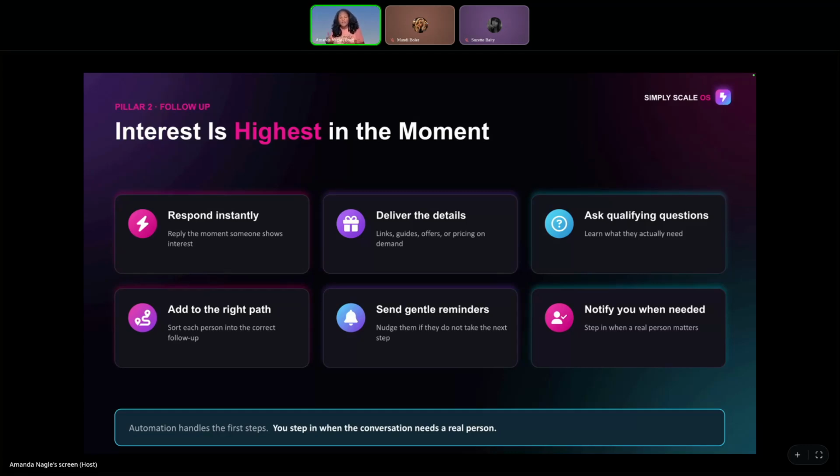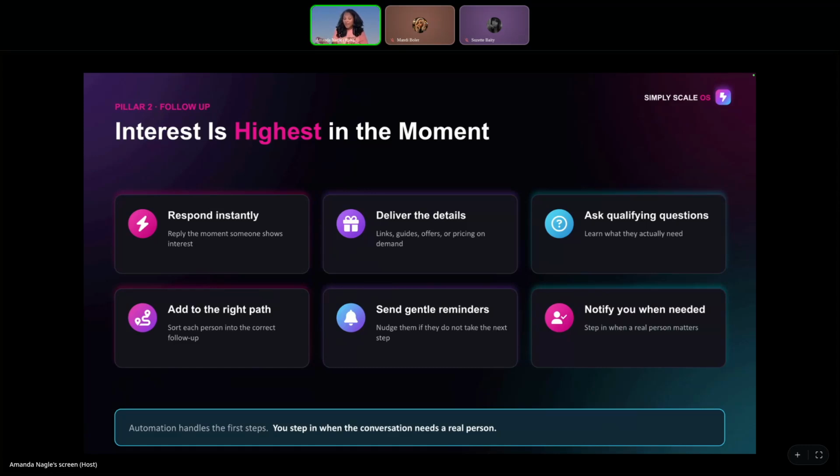But what if we can still do that, but we aren't responding instantly? We have it set up in our voice and our brand, what we would have actually sent to this person when they commented that keyword, but the system is automatically sending it and even qualifies them with questions. And you can have it set up to tag them inside of your CRM system so you know who is interested in what. Then you already know, when you go to have that conversation, which path you're going to take because you already have a little bit of information.